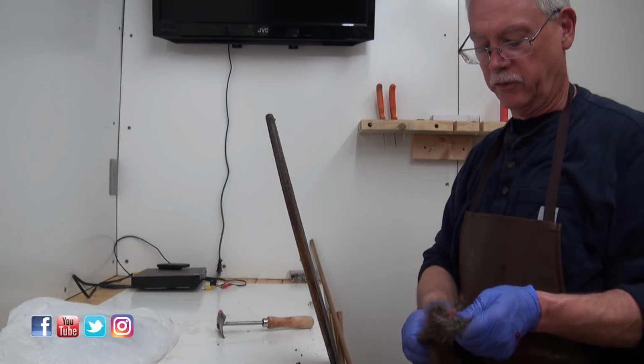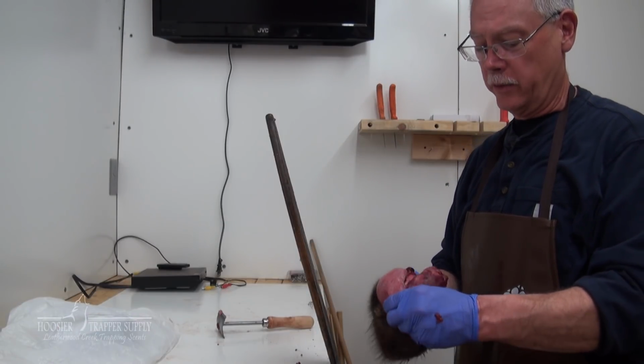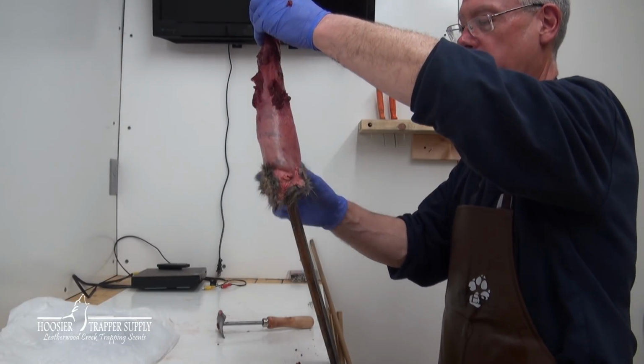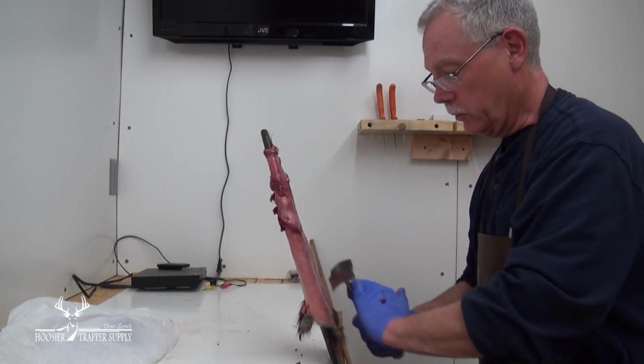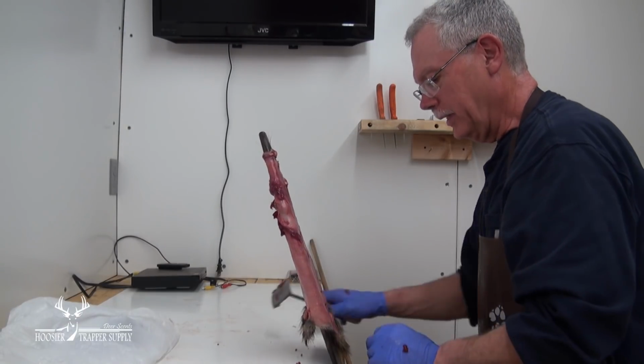Important that your muskrats, for the most part, be dry. Ideally, these should be fully dry. It's better to dry them when they're still on the carcass with a fan on them. Wrap them in newspaper when you first catch them, and that'll help dry them out quite a bit. And then when you get to your first shed, put them up on, we use milk crates, and then get fans around them, and that'll dry them out the rest of the way. If they're a little damp,